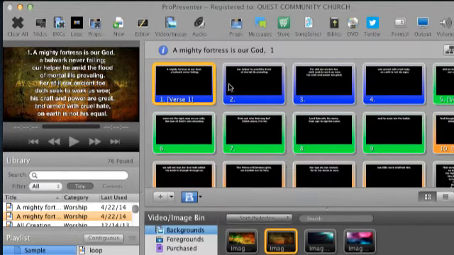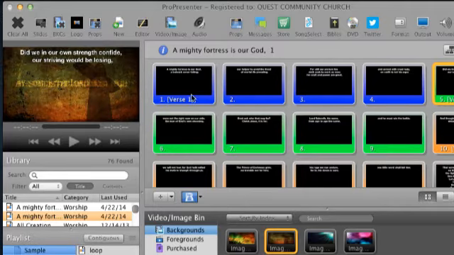Okay, so now you see that we've got it here, verse 1, and then the color changes with verse 2, which is nice because when the worship leader is singing, if they start singing a verse you don't expect them to sing, so let's say they're singing verse 1, a mighty fortress is our God, a bulwark never failing. And then after that, instead of singing verse 2, which starts, did we in our own strength confide, our striving would be losing,